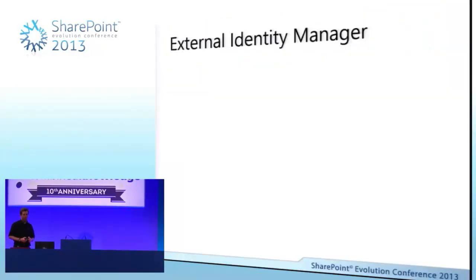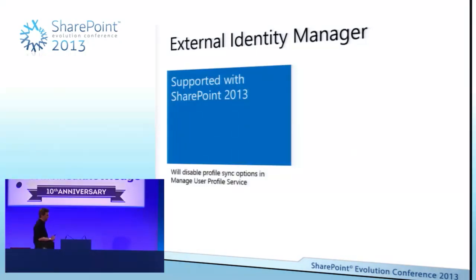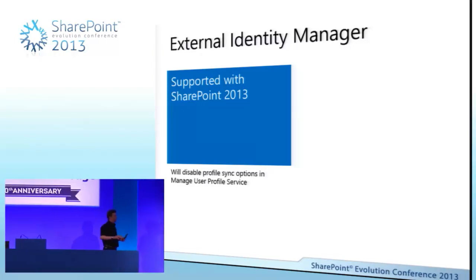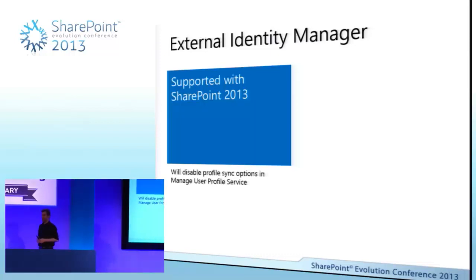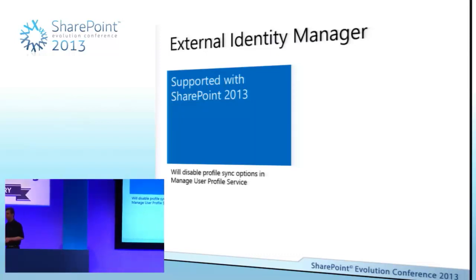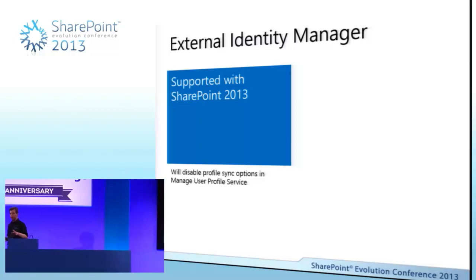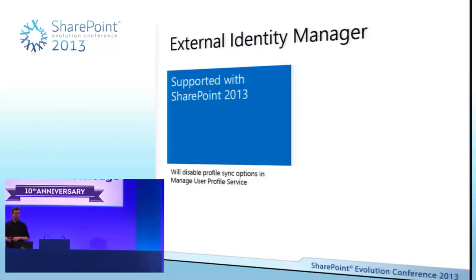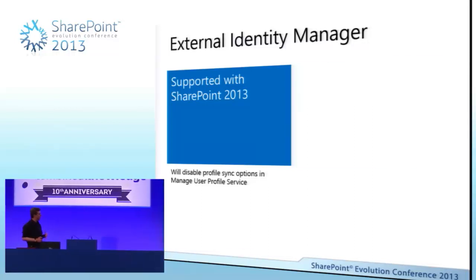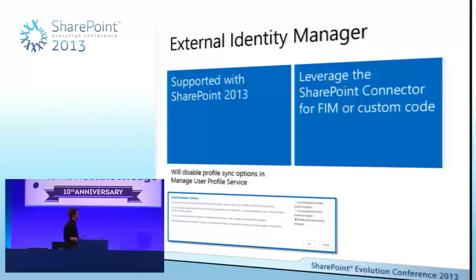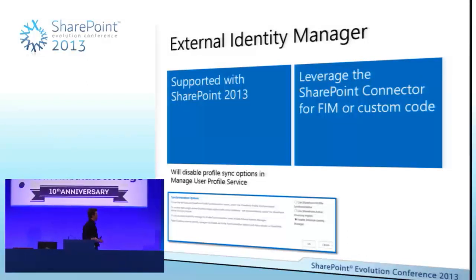One last slide, really, or one last consideration before we get into the wrap-up is on the External Identity Manager option. That was the third radio button in the sync settings screen. What this will do is disable all the sync settings within the Manage UPA. So that's the green icon and the 4 different screens that are underneath it. And what this effectively allows us to do is leverage something external to SharePoint, which is going to do the